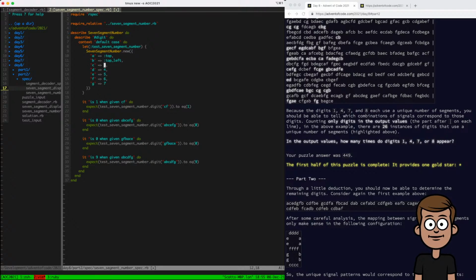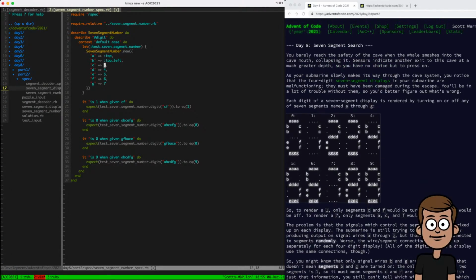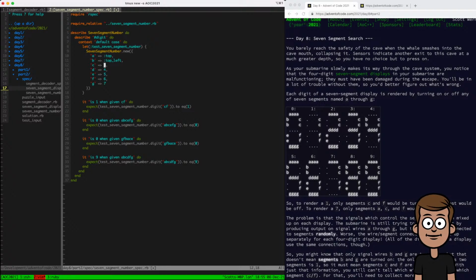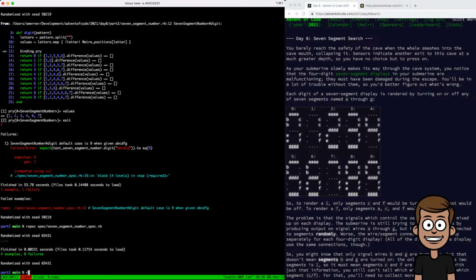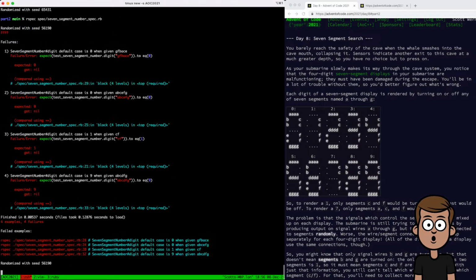And so let's double check that these are right. Yep. Top left, top right, middle, bottom left, bottom right, and bottom. And let's run 7-segment number spec, and it's all going to fail